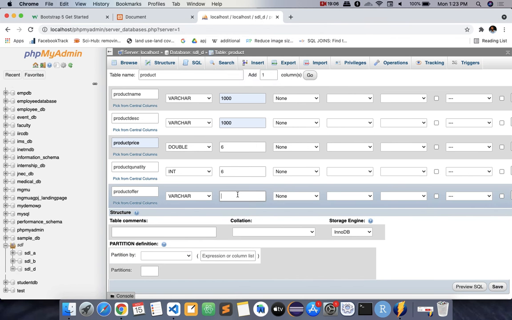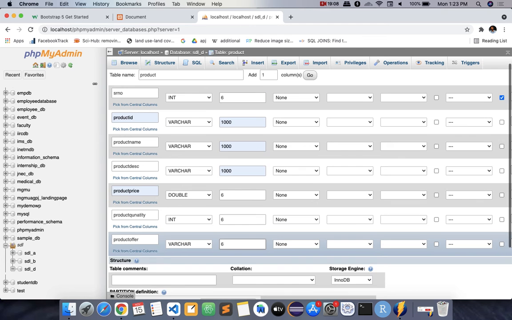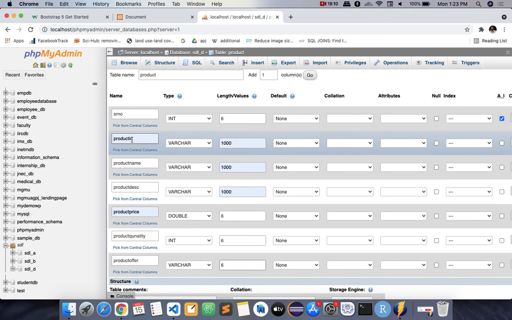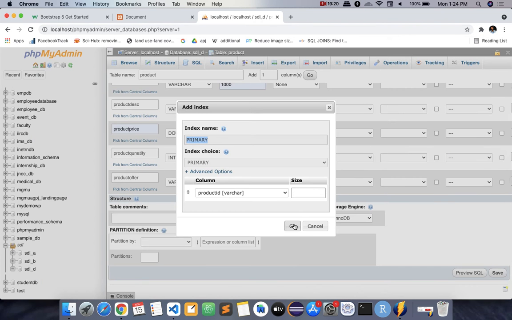Enter value length 6 and primary key also. So product ID we want to give as unique. Product ID should not be repeated. Product name can be repeated, but ID should not. So here you have to select the option primary key.